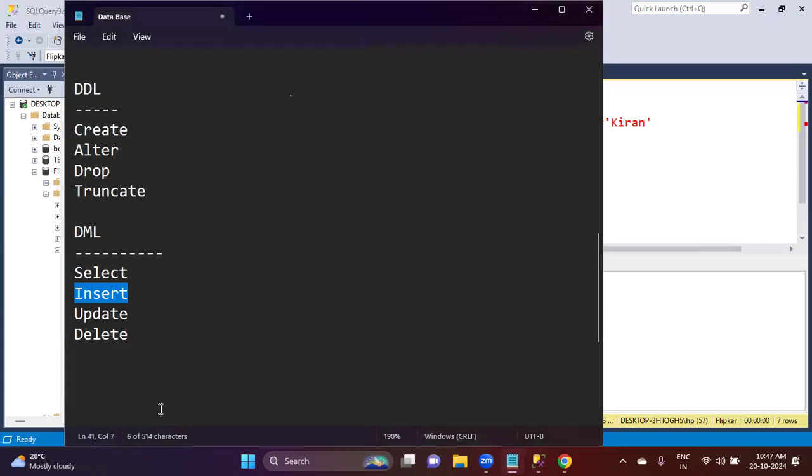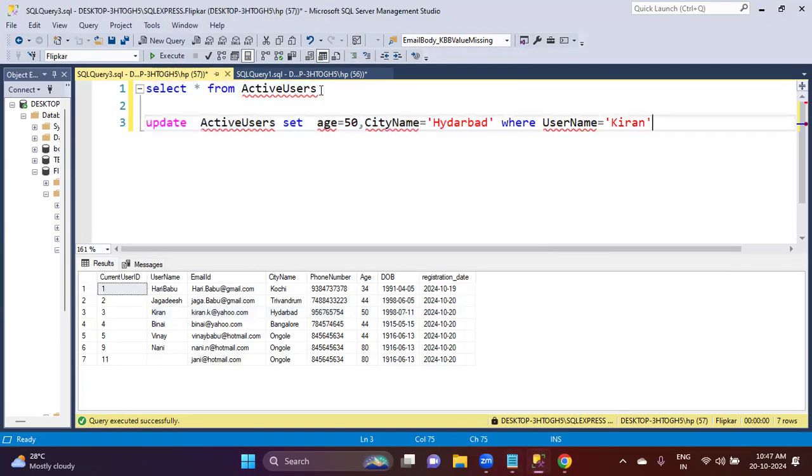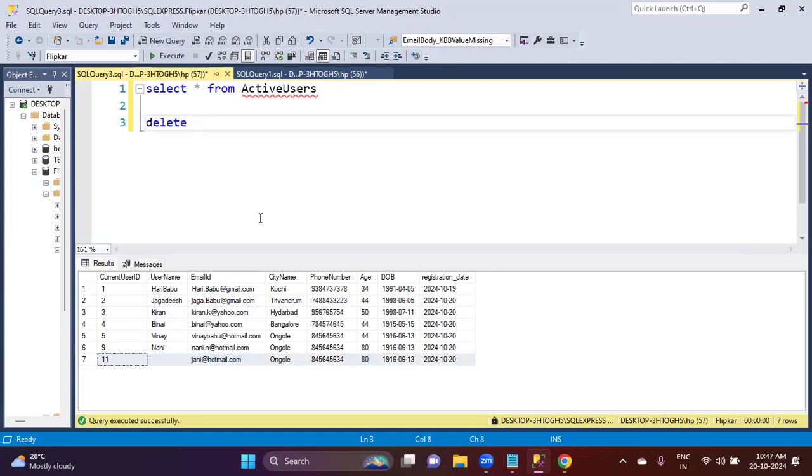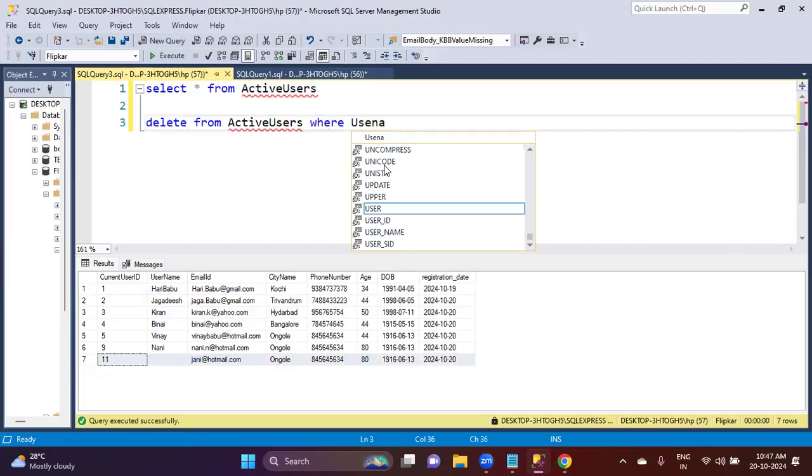Update is a DML command, data manipulation language. For example, if you want to delete a record here, delete the records: delete from table where username